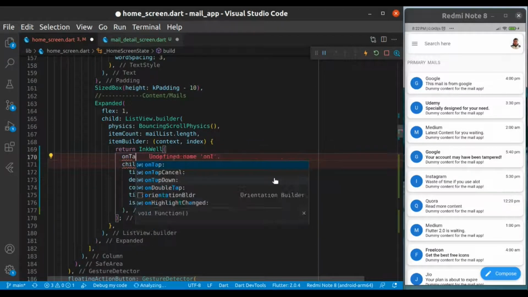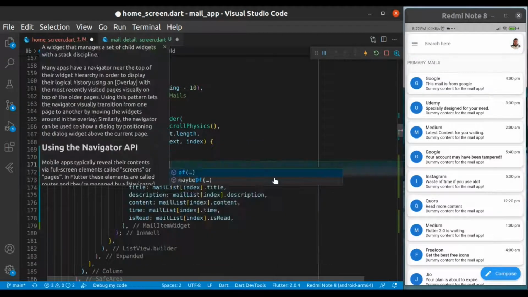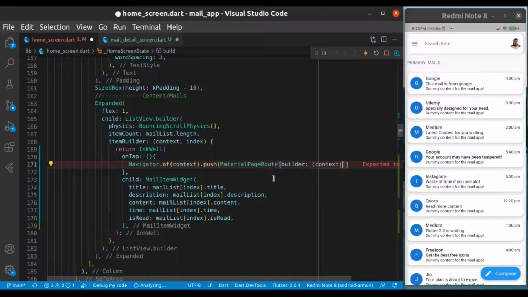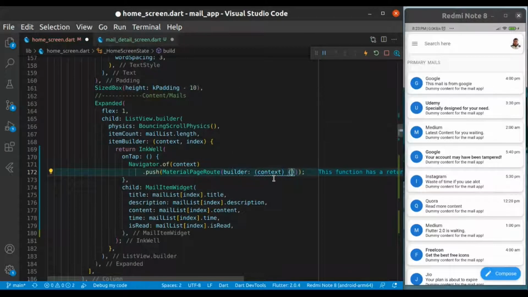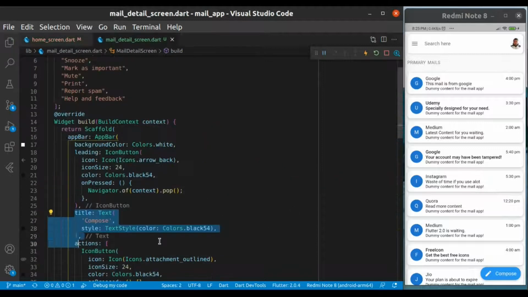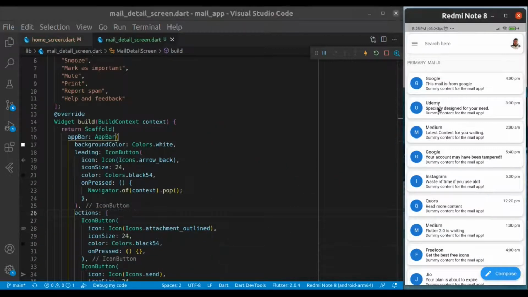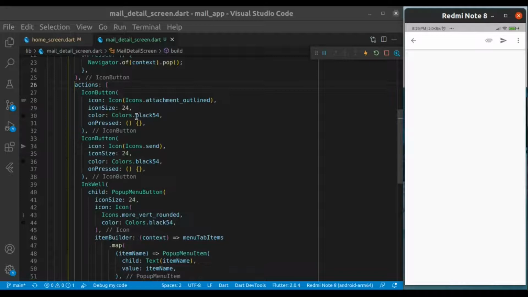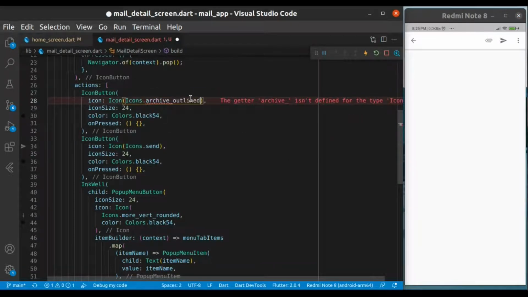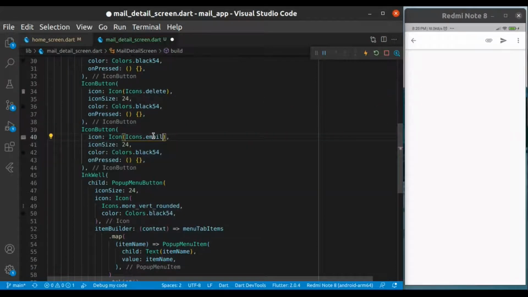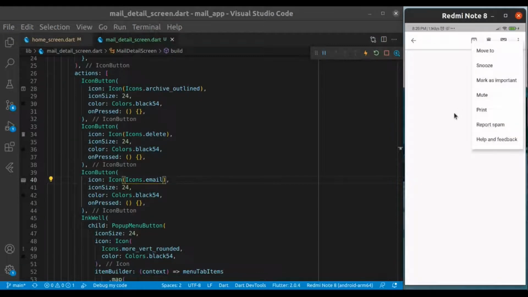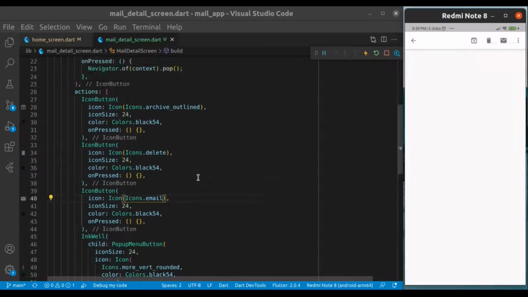surround it with the InkWell which helps us on tap. It will navigate to another screen, like there are the primary mails, and on top of any of them it will show the display screen or detail screen. Sorry guys, currently we have the compose screen thing. Just change the icons, I forgot a lot of icon names. Just change it, and we have already changed the menu item values.